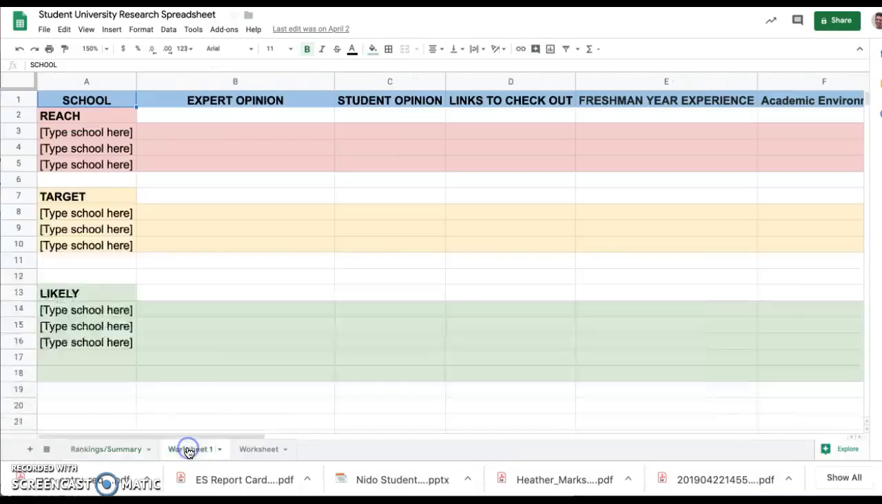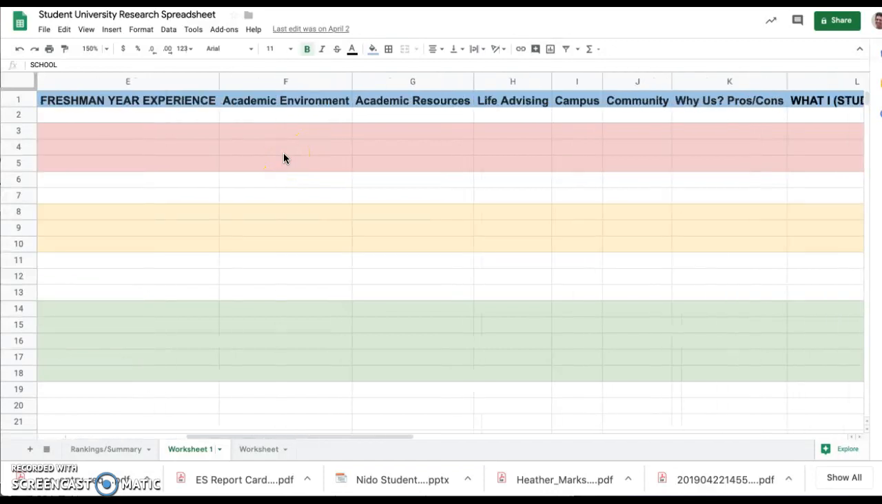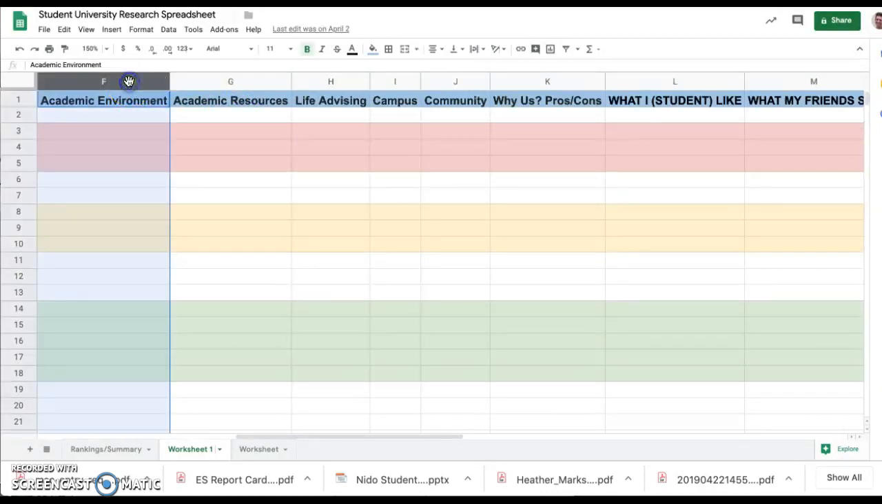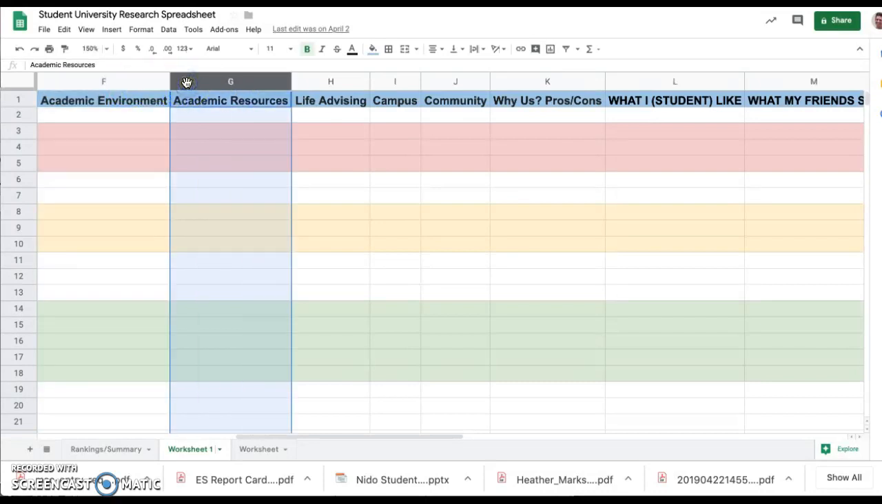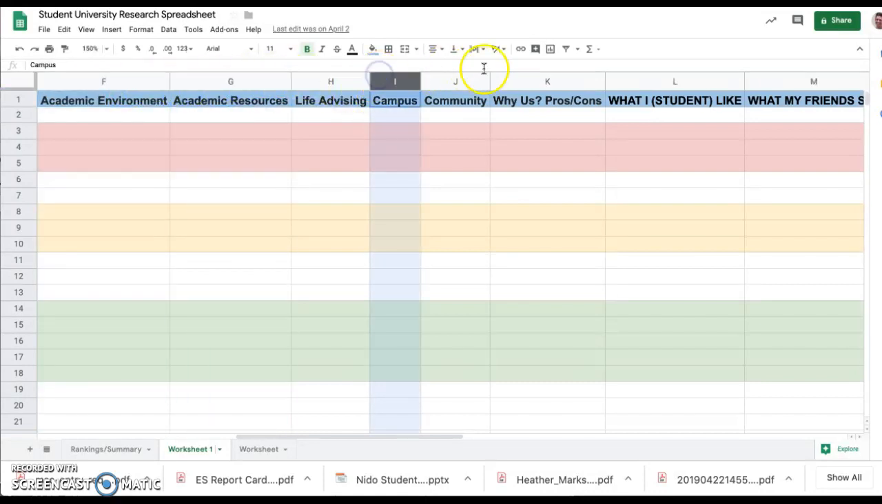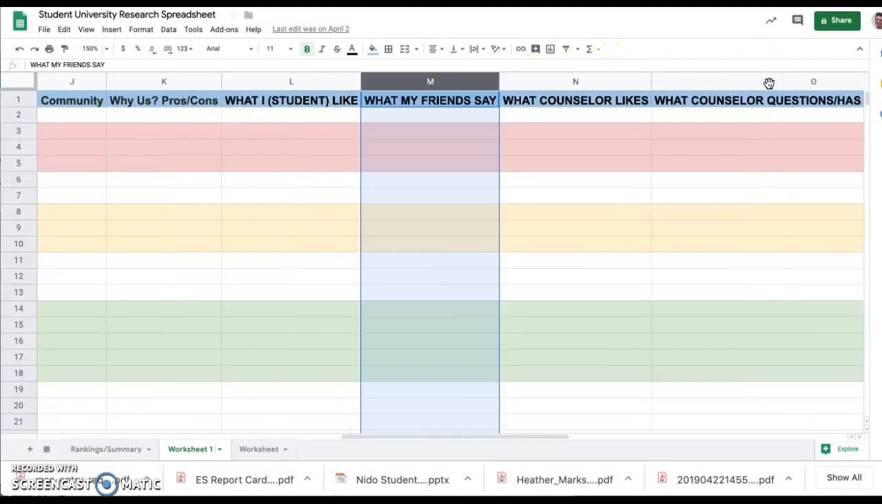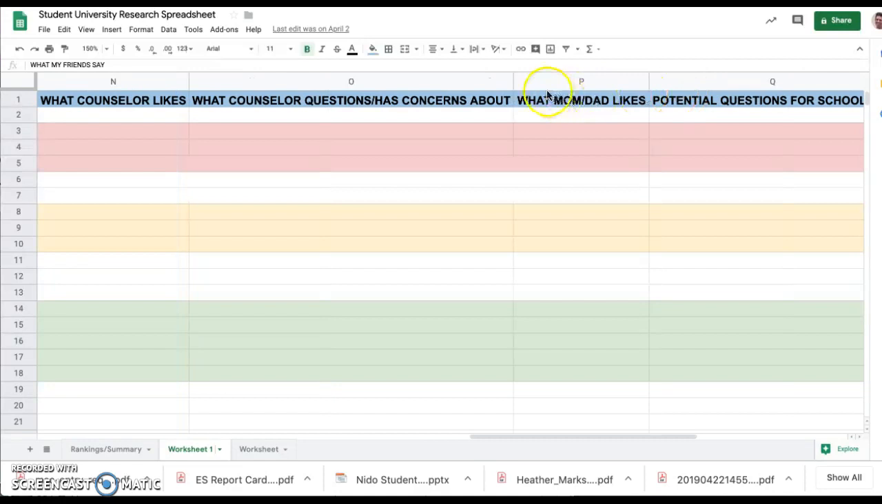You can also, here on another worksheet, write in a narrative component, any comments related to this. What are comments related to academic environment, the academic resources they have available, campus life, community life, what I like, what my friends like, what my counselor likes, what my mom and dad like. You can record all this information. So we are really excited to get going here on the research process and look forward to a